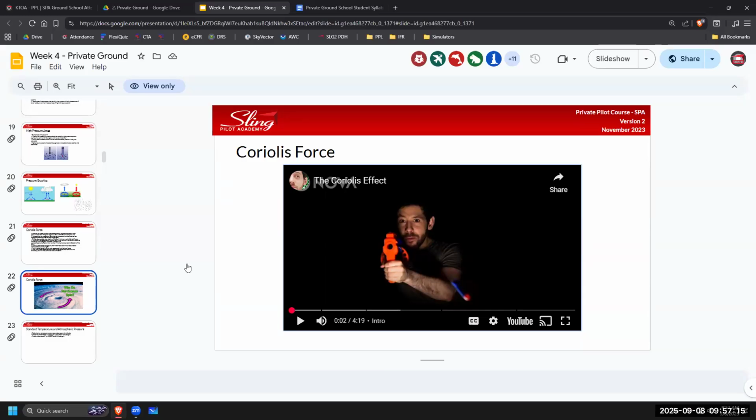That curve is created by Coriolis. You may have heard that it makes water in the bath spiral down the drain a certain way, or that it determines the way the toilet flushes. That's actually wrong. Those are not caused by the Coriolis effect. But the Coriolis effect is what makes hurricanes spin, and it's the reason why Jupiter's Great Red Spot is spinning the way that it is.